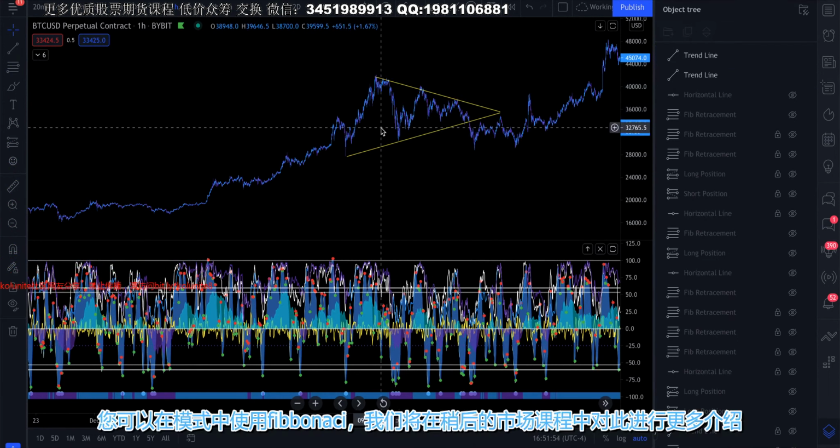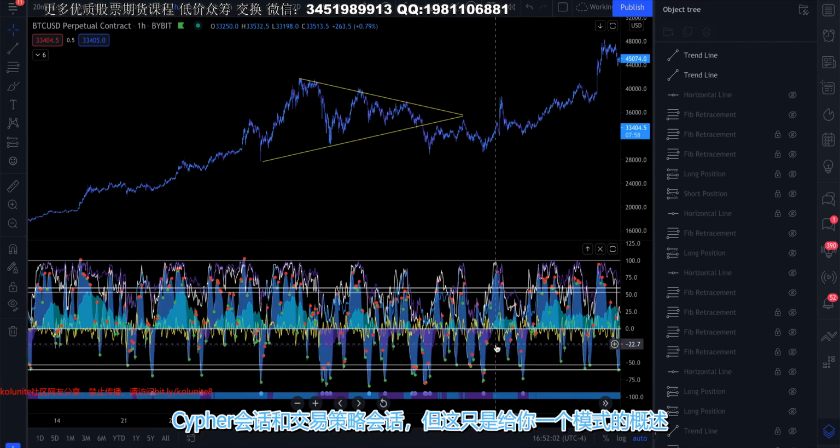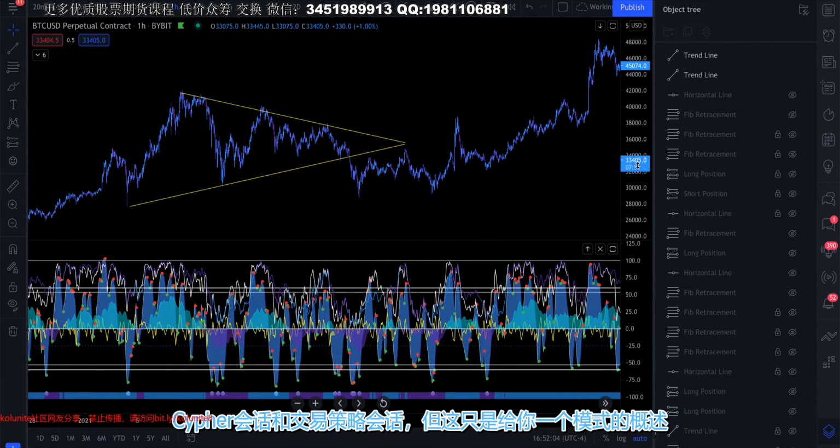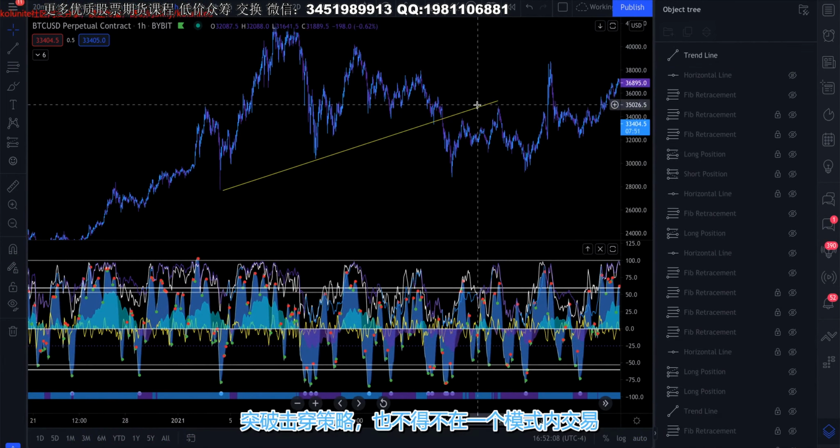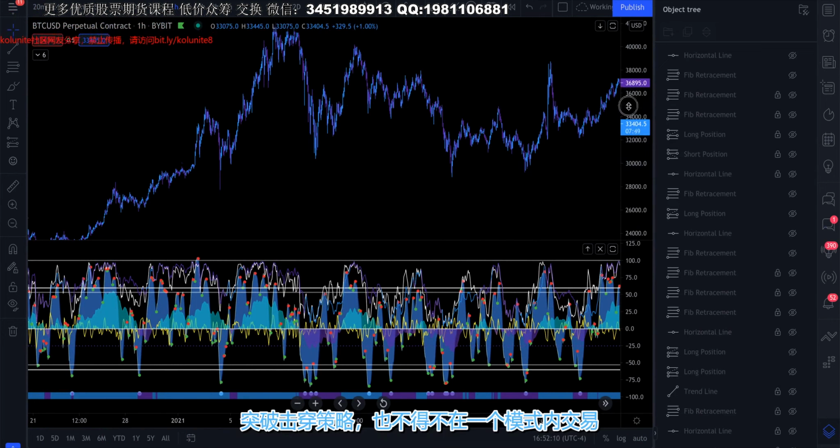There's a lot of good trades you can make using Fibonacci inside patterns, and we're going to get more into this later on in the course, in the market cipher sessions and in the trading strategy sessions. But this is just to give you an overview of patterns, the breakdown strategy, and also how to trade